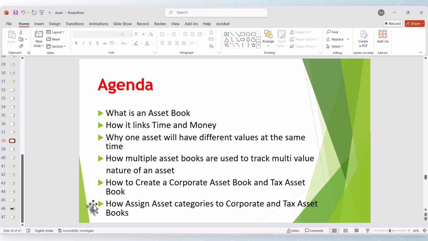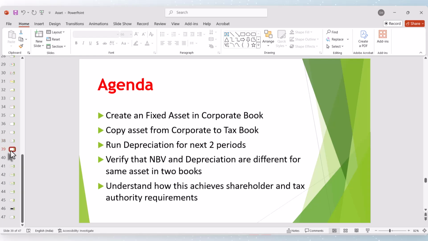how to create a corporate asset book and tax asset book, how to assign asset categories to corporate and tax asset books, create a fixed asset in corporate book, copy the asset from corporate to tax asset book, run the depreciation for next two periods for corporate and tax asset books,